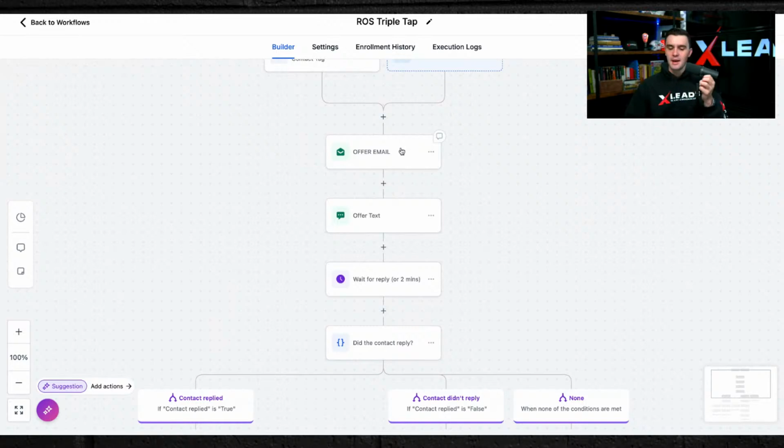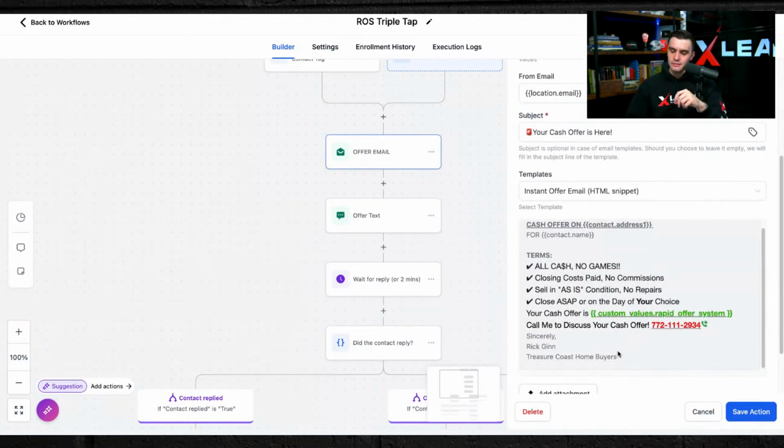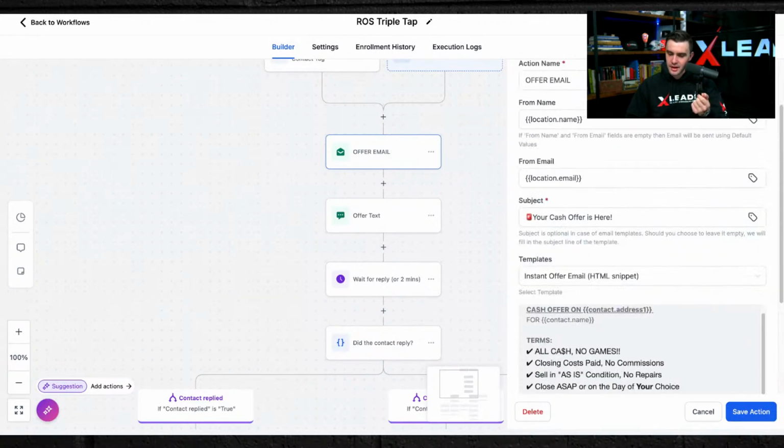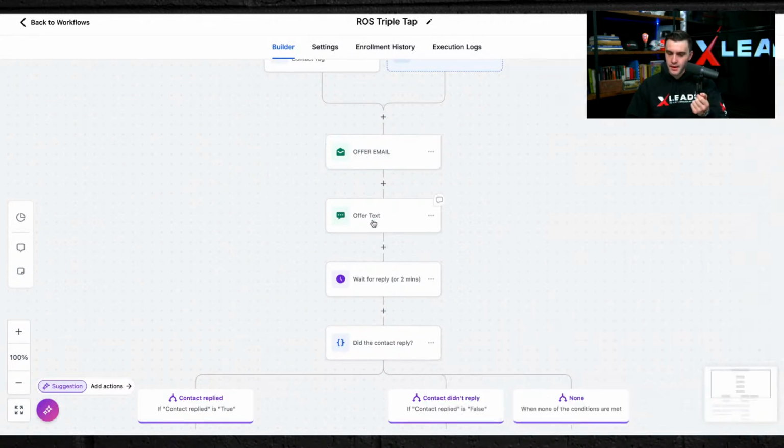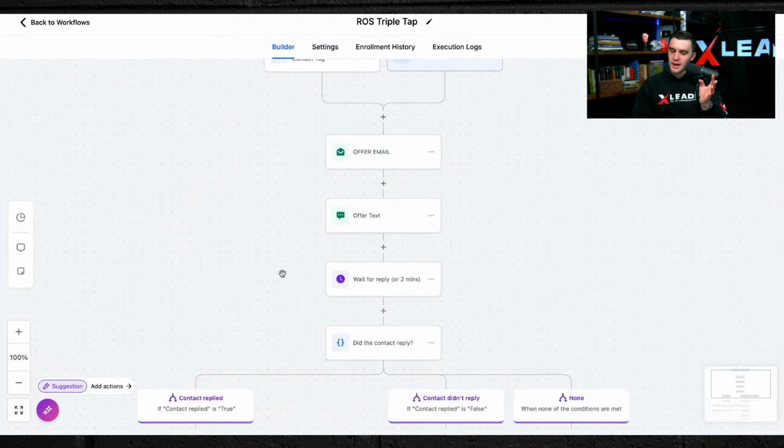The ROS triple tap system means that lead is going to get a cash offer email. So all cash, no games, closing costs, sell as is, close on the day of your choice. Your cash offer is here, right? Sincerely, Rick in Treasure Coast Home Buyers. Pretty cool. And then they get a text: Hey, John, I'm ready to offer you 40 grand sight unseen for 123 Main Avenue. Thoughts? And if they don't reply back,